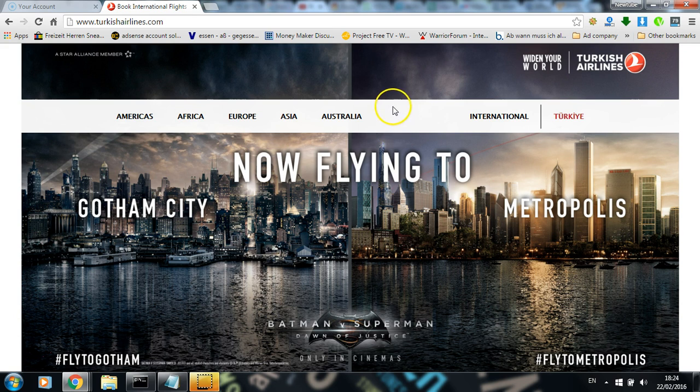For those of you who don't know the web address, this is the web address of TurkishAirlines.com. So when you click on it and you click on enter, it's going to bring you to this first page here, and I would advise